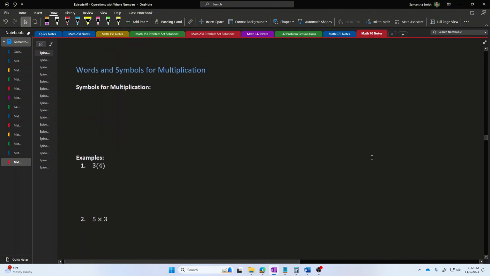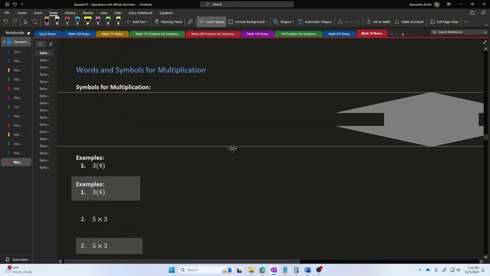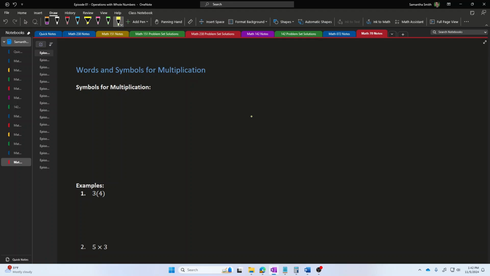Now the calculator shows one of the symbols that's used to represent multiplication. One of the symbols used to represent multiplication is this X symbol. However, there are a few additional ways that multiplication can be represented. The other way to represent multiplication is to use a dot. So for example, if I wanted to say 2 times 7, I could write that as 2x7, or I could also write that as 2 dot 7.